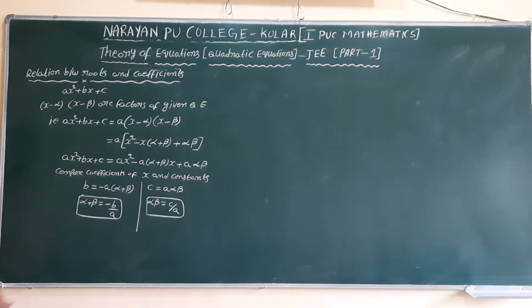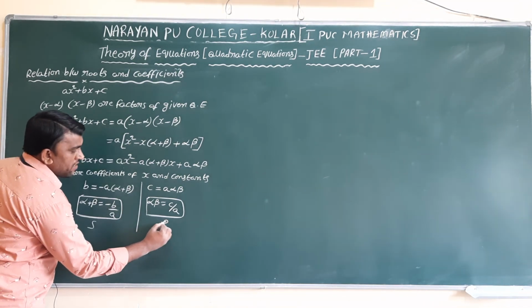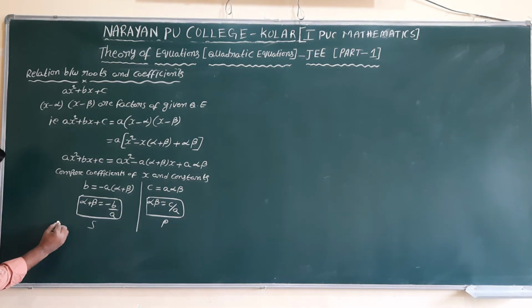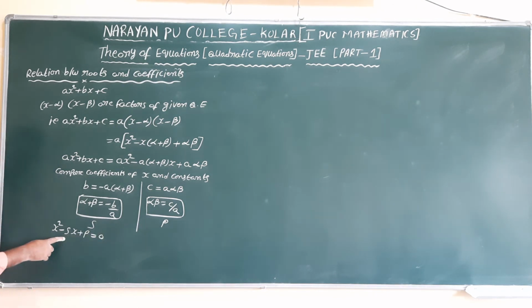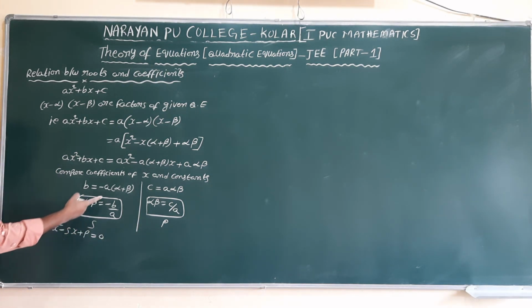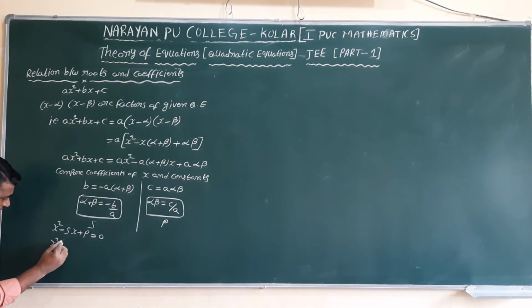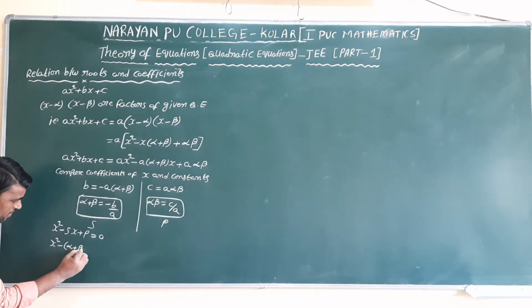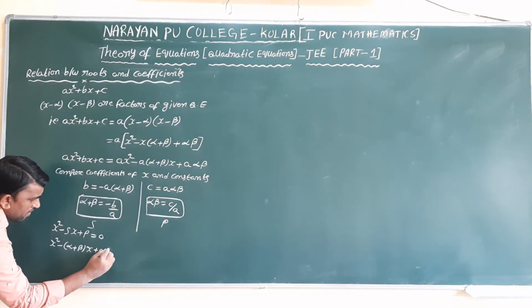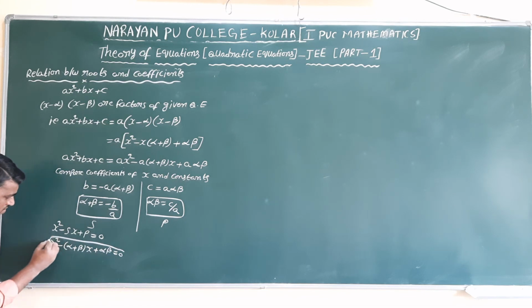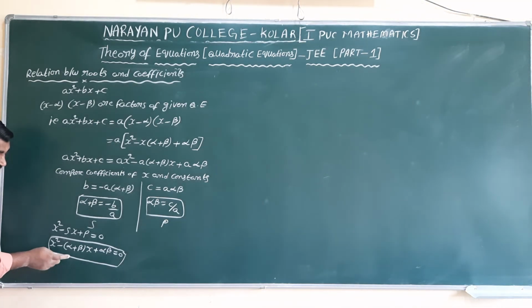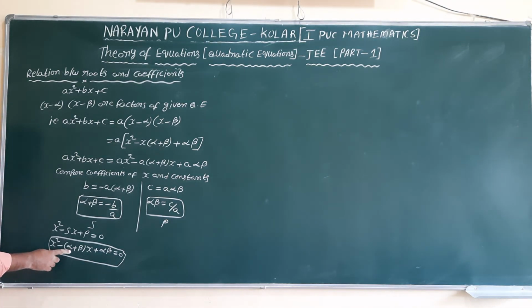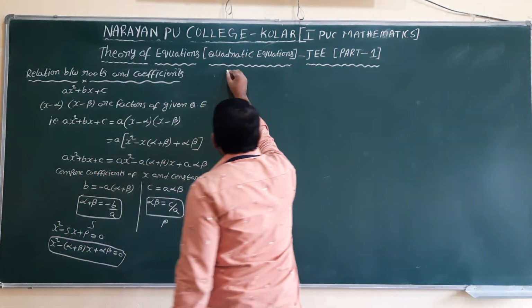Generally, if the sum of the roots is s and the product is p, the general quadratic equation is x square minus sx plus p equal to 0. S means the sum of the roots, p is the product of the roots. So x square minus s, which is nothing but alpha plus beta, into x plus alpha beta equal to 0. When we know the roots of the quadratic equation, the required quadratic equation we can calculate like this. Now based on this, some symmetric results will be there.